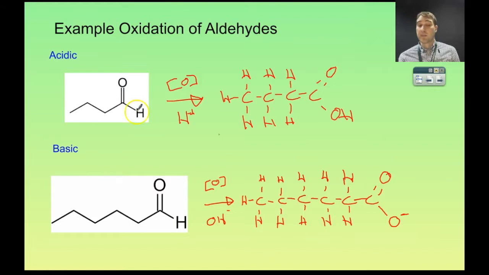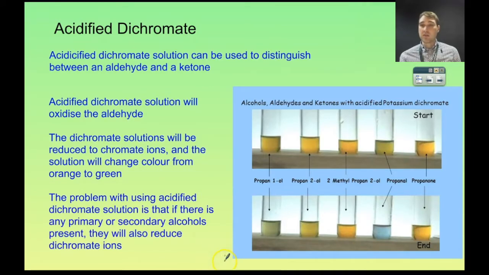Okay, so oxidizing an aldehyde under basic conditions, you get a carboxylate anion. There are many tests that you can use to determine if a substance oxidizes or not. You can use acidified dichromate, and we've already had a look at this when we looked at primary, secondary and tertiary alcohols. So if you have an aldehyde present and you oxidize that using acidified dichromate solution, you'll get a